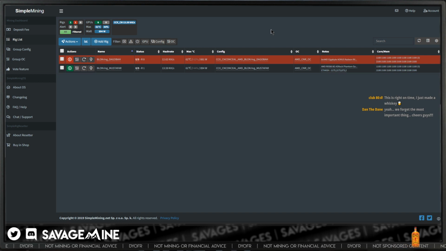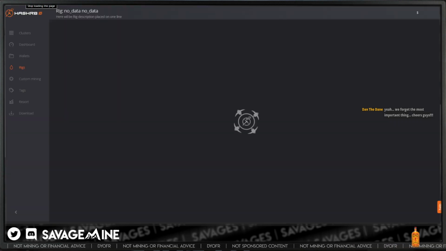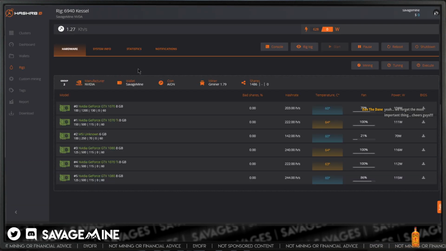It's not anything too intense. Hive OS has all those cool features, cool graphics and all that stuff. Hashrate OS is like that as well, although right now it's kind of hanging up. This is probably me, this is probably not them. So this is kind of odd that it did that. Let me refresh here and see where we're at.